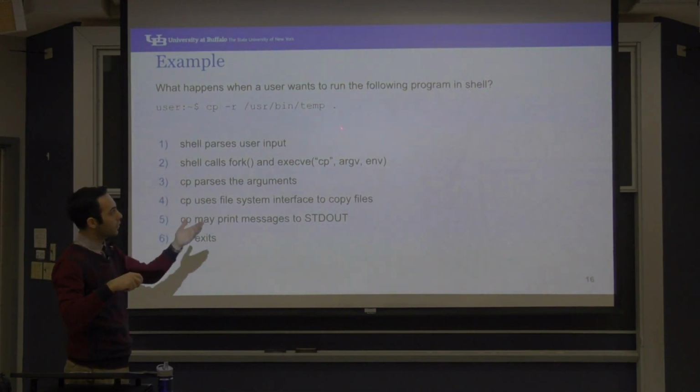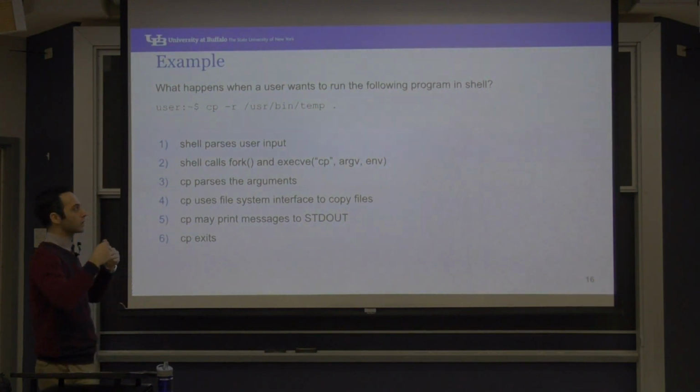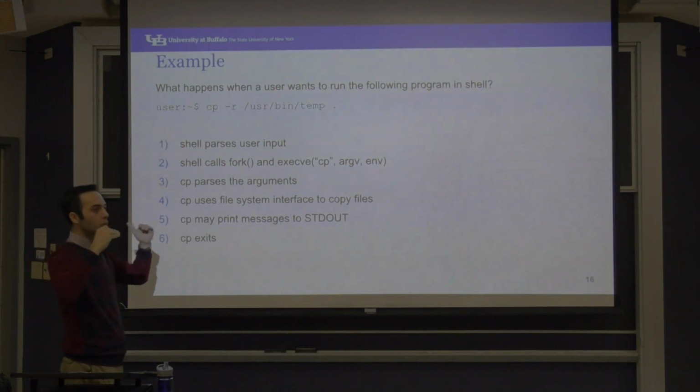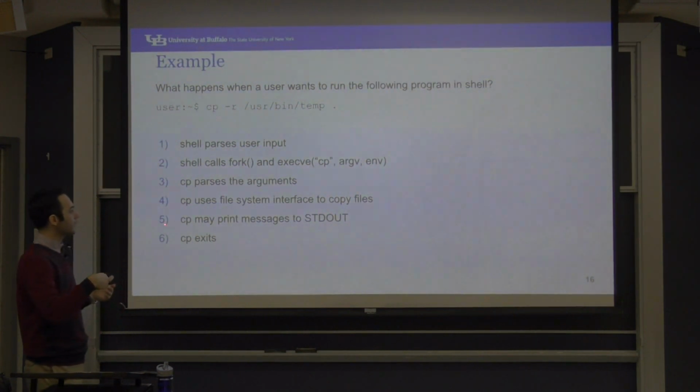Do I have access to this folder? What are the lists in this directory? And these are all I/O and system calls. And then going through all those files one at a time. Do I have access to this file? Now can I create a file in this directory with that name, and then copy the information, and then again next file. All of this happens, and then after that,